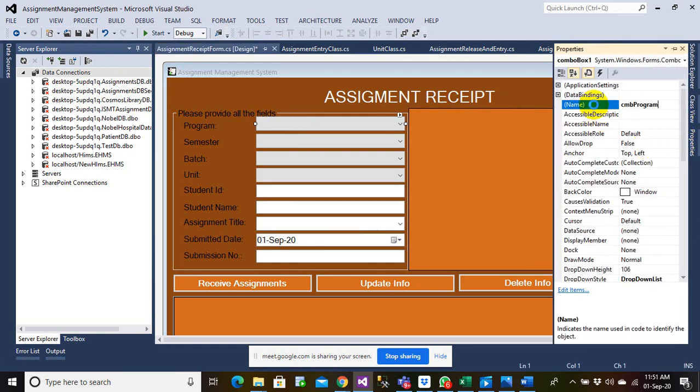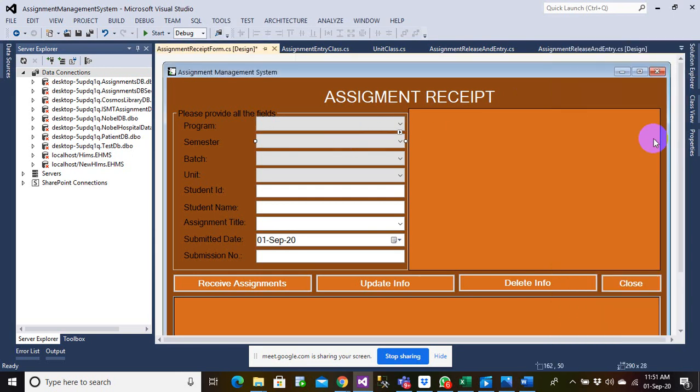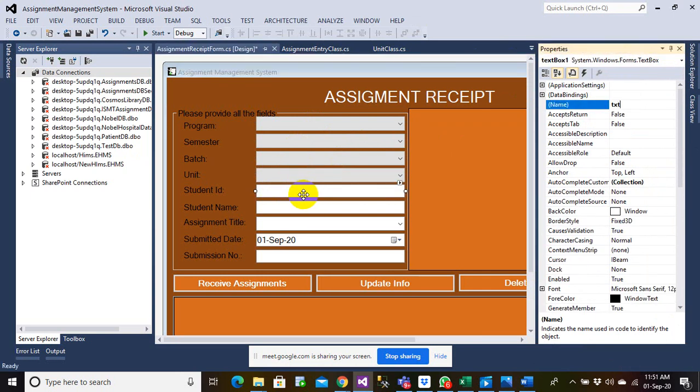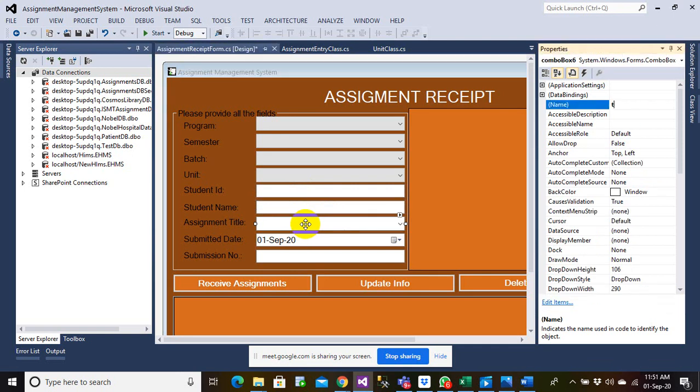CMB program, CMB semester, CMB batch, CMB unit, TXT student ID, TXT student name, TXT S. Okay, CMB assignment.